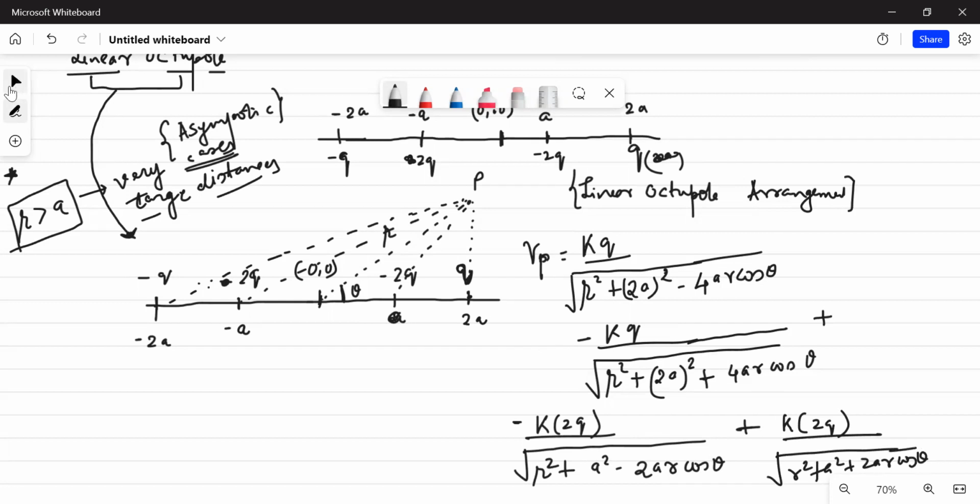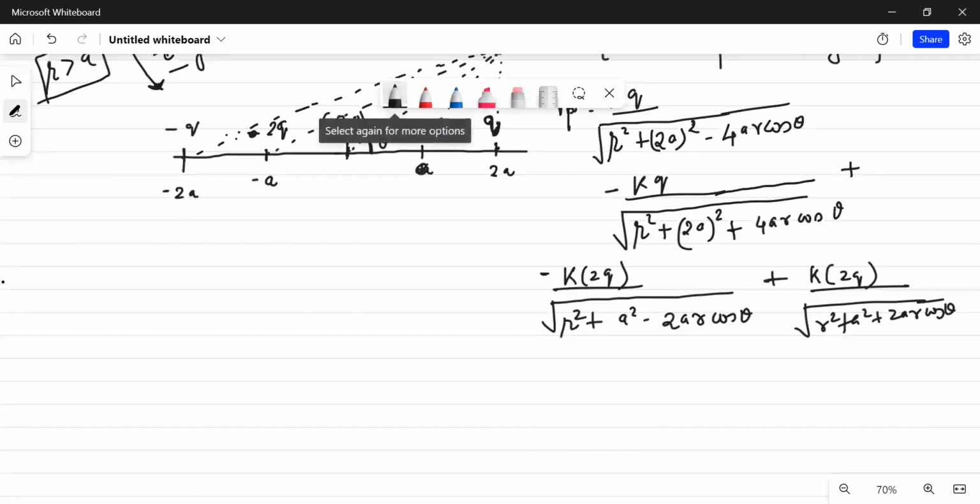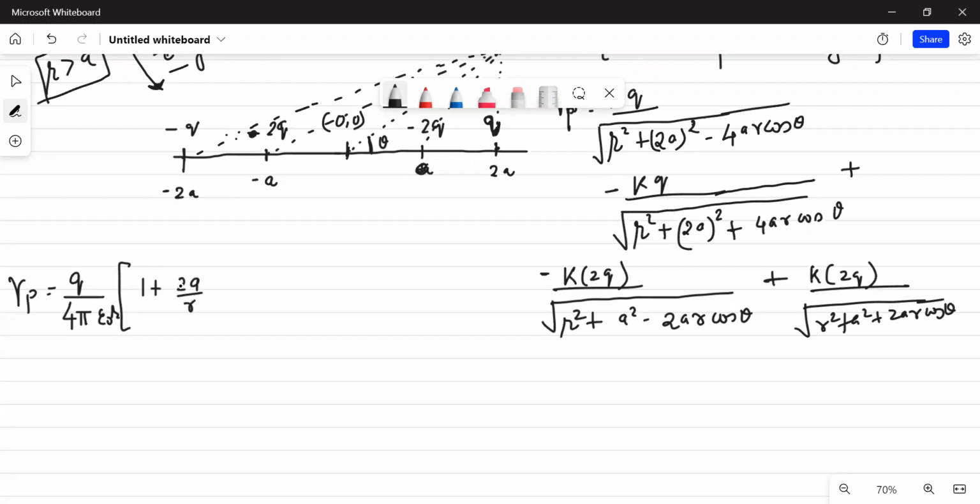So these are all such things that we've written, and we want to write what is the potential in more concise form. So I'll simply write q upon 4 pi epsilon naught. And the first term, I'll take r common out, r square common out. So here you will get r. And then you can see the first term is equal to 1 plus 2a upon r whole square minus 4a upon r cosine theta to the power minus half, minus